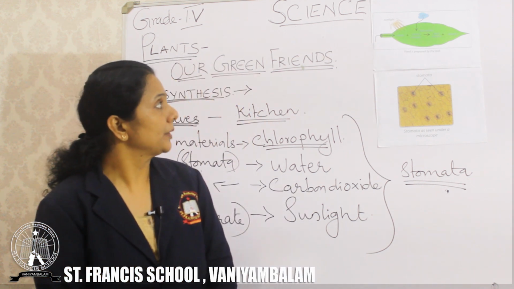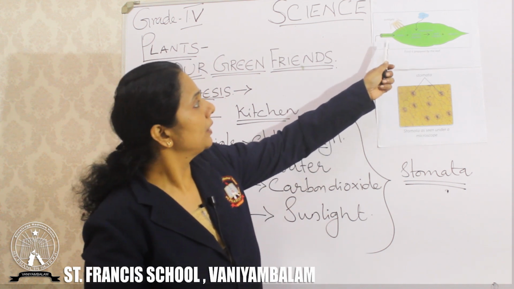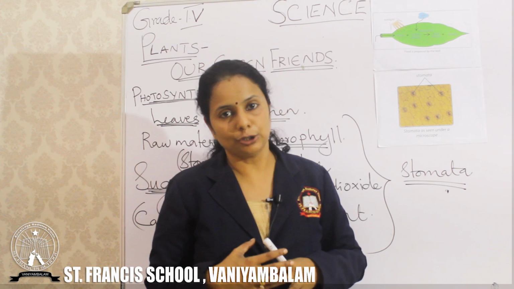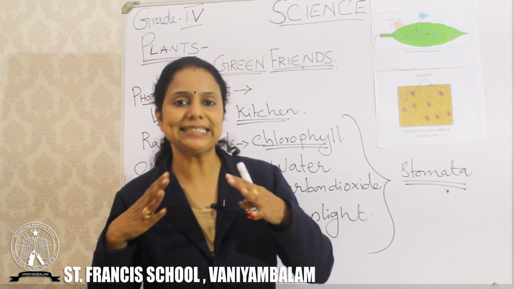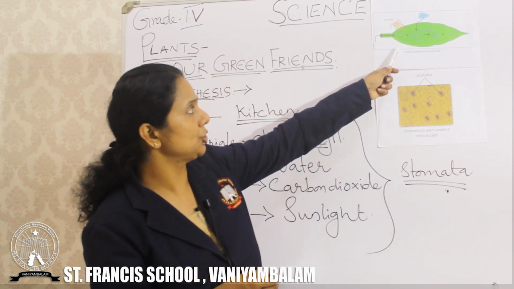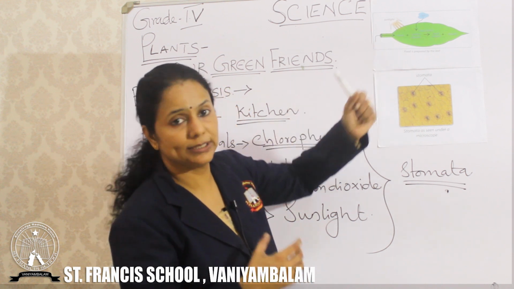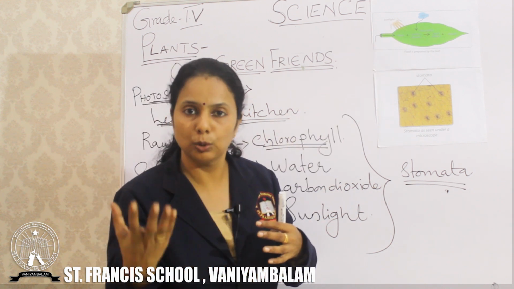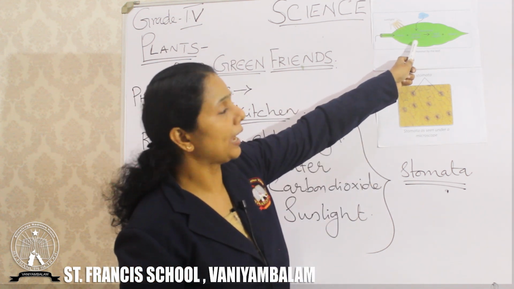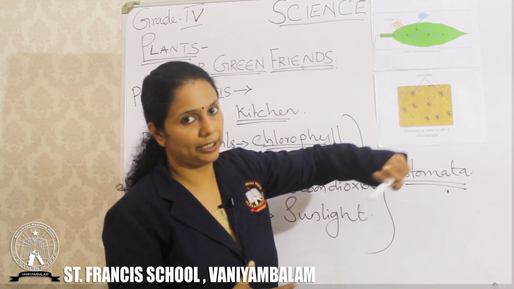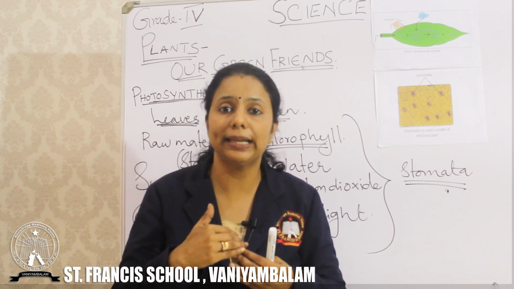Okay. So, children, look here, look at this picture. This is the whole process of photosynthesis in the form of an equation. The whole process of photosynthesis can be summarized in the form of an equation. Look here, water is absorbed by roots. Okay. So, water plus carbon dioxide. Carbon dioxide, how does the carbon dioxide reach into the leaves?